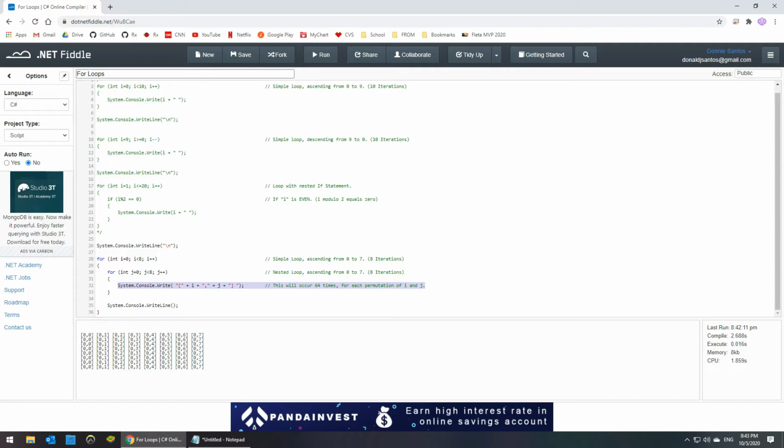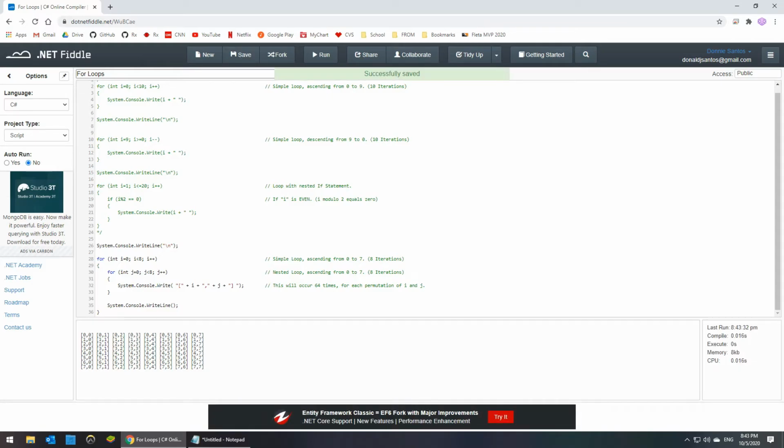And the way you index it would be referring to I and j, because I is changing and j is changing. So for I equals 1, it's going to iterate j from 0 to 8. For I equals 2, it's going to iterate j from 0 to 8. For I equals 3, it's going to iterate j from 0 to 8. For I equals 4, it's going to iterate j from 0 to 8. So now that I have it back to where it belongs, you're going to see it does every single permutation